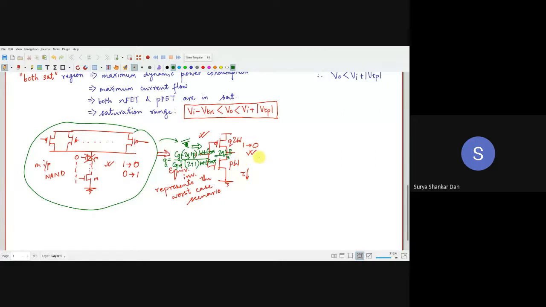The only problem is if we are having some reset, then it is not captured over here. What happens in reset? You are going to have another line, which is basically an enable line or RST line. RST means reset line. In those cases, we are going to consider that it will be reset only when, let us say, it is a reset bar line. So when it is switched on, then what will happen? This is always working. In that case, we are not going to consider this transistor as part of this circuit.